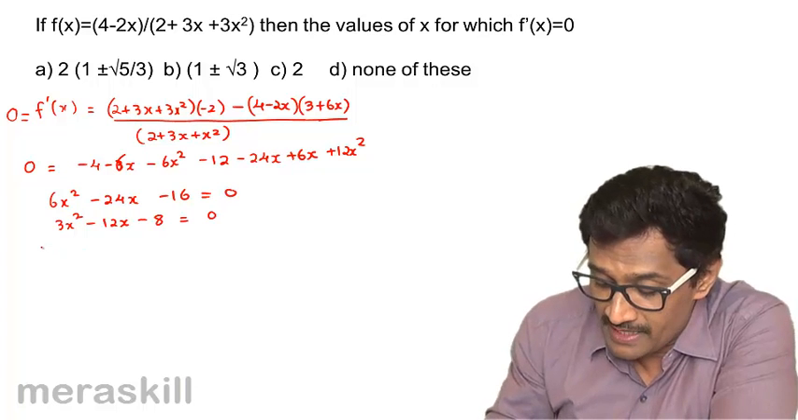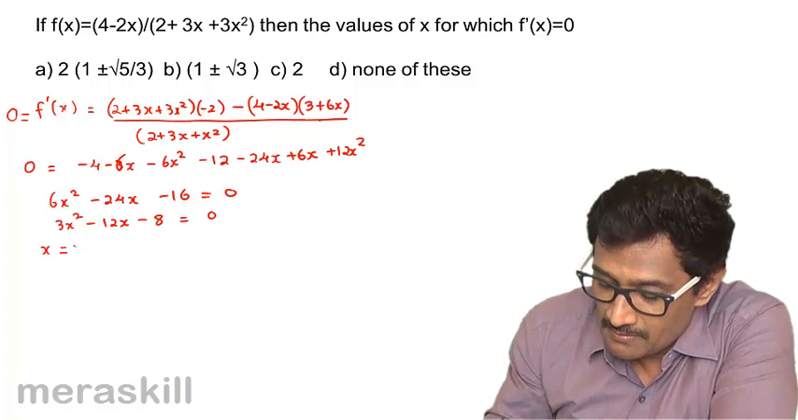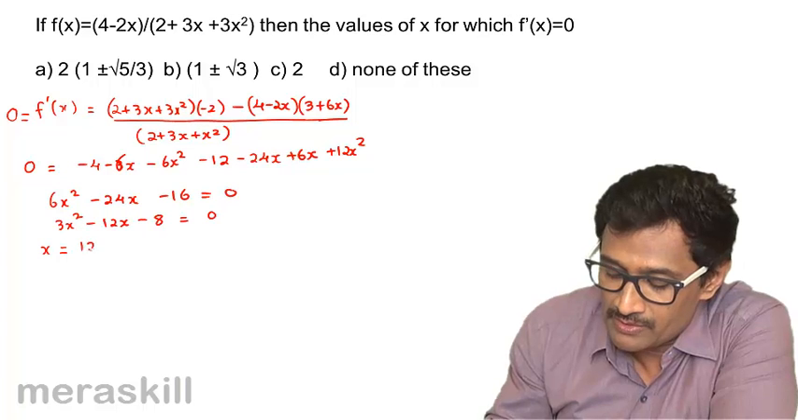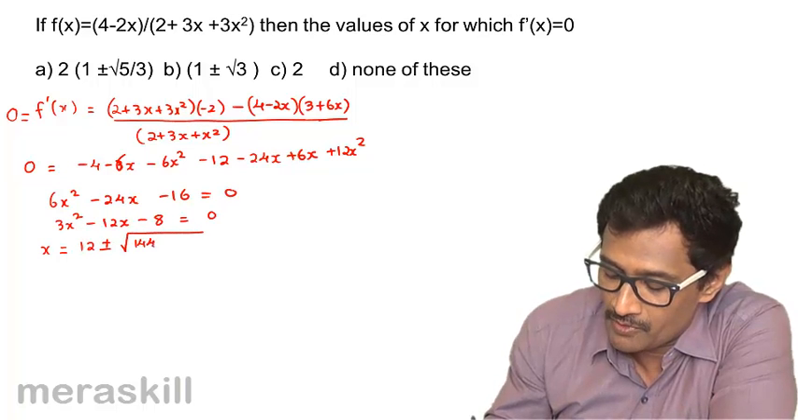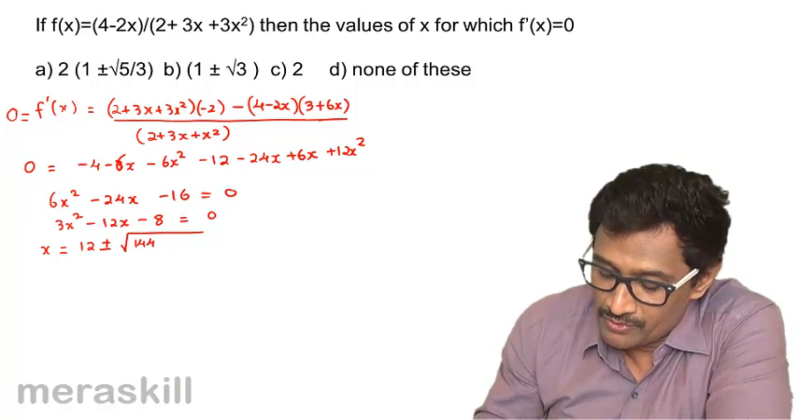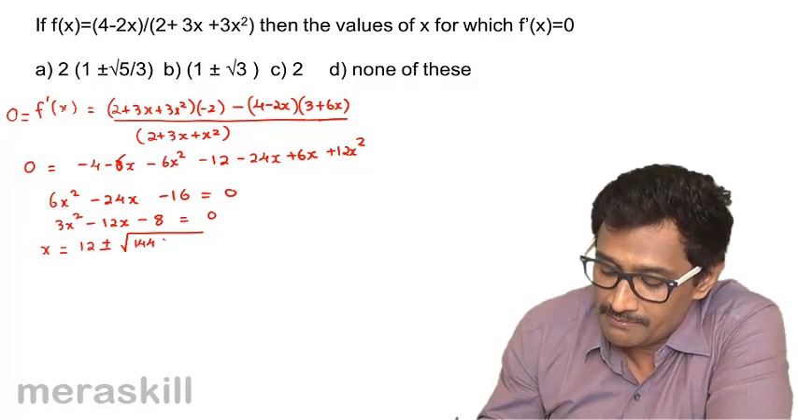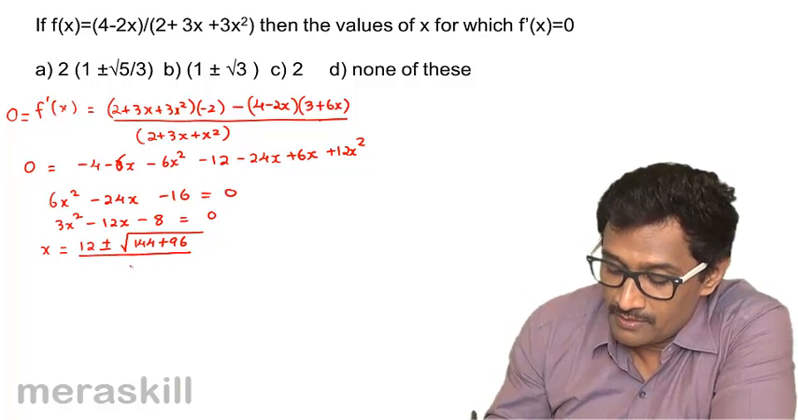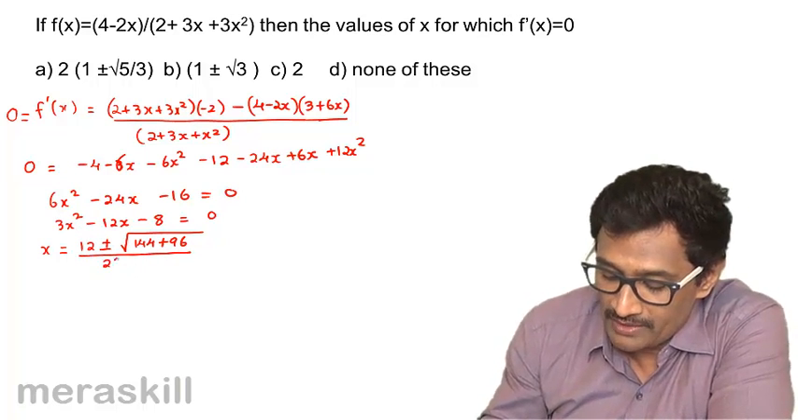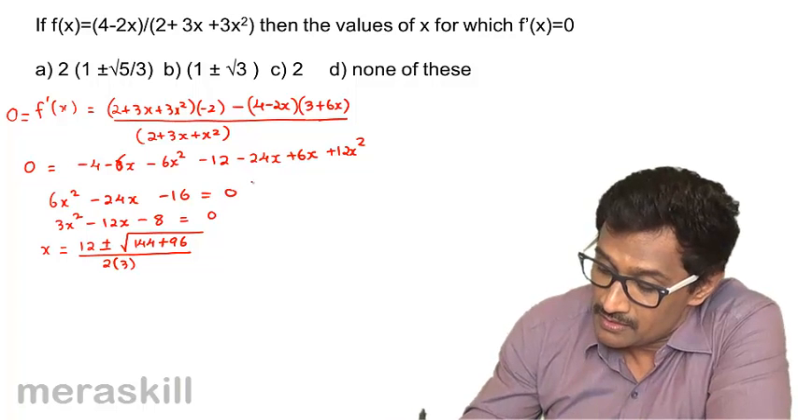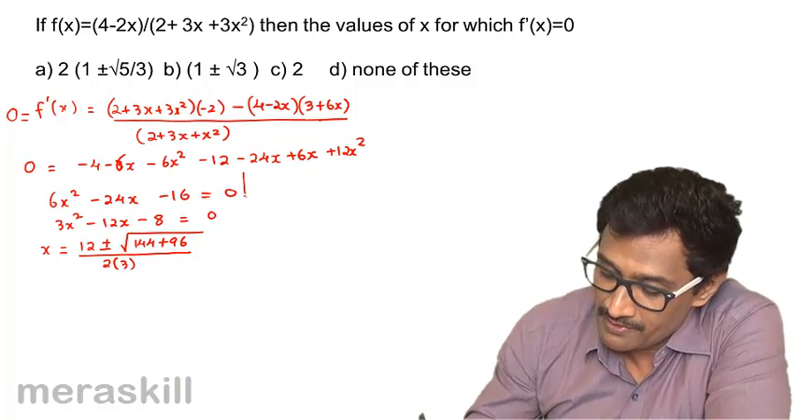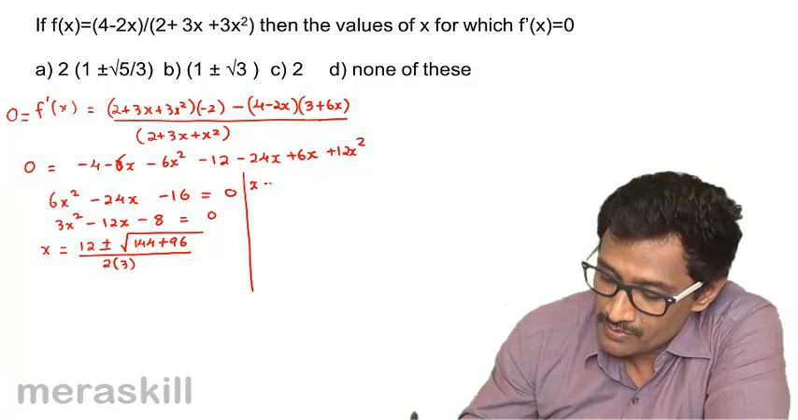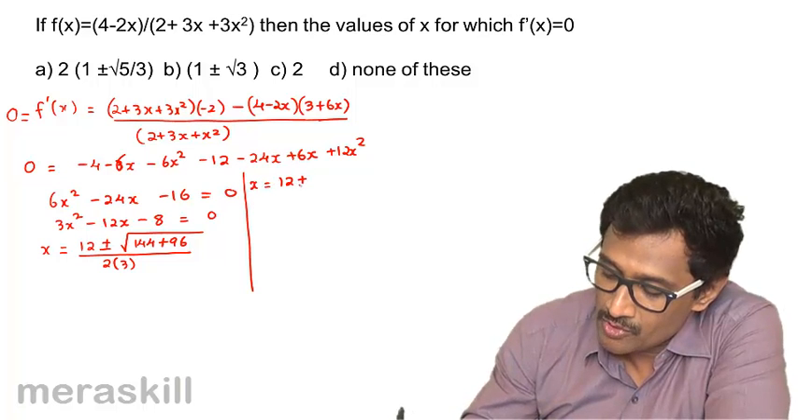So hence obviously x is going to be minus b. Minus b is minus 12 plus or minus the square root of b squared, that is 144 minus 4 into 3 into minus 8, plus 96, upon 2a, that is 2 into 3. So now what do we have here? So that gives you 12 plus or minus